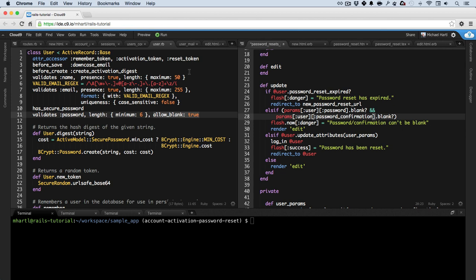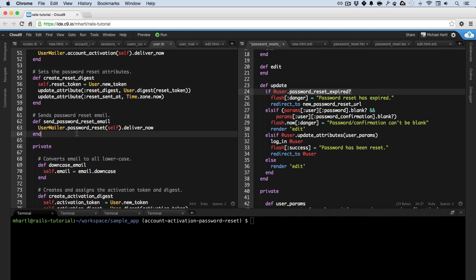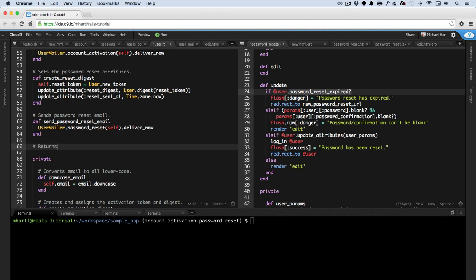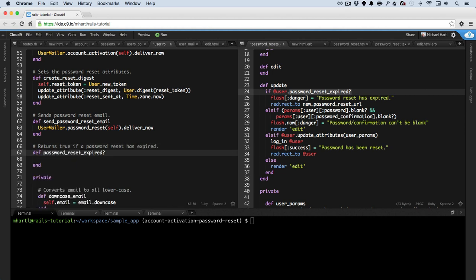And then in the user model, we need to add this method, this password_reset_expired? method. So copy that here. Now this is a little tricky. If you want to see a formal proof of what I'm about to show you, that can be found in the final section in Chapter 10 of the Ruby on Rails tutorial book. The way to do this is to compare the reset_sent_at timestamp to